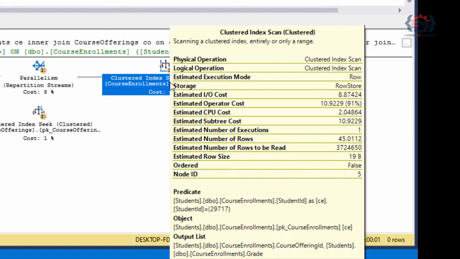Now you might ask, what rows are we trying to find in this table? That can be answered by looking at the predicate data on this pop-up, which is down here at the bottom. So you see our where clause for the statement, and what is happening is that we are trying to find the rows for this particular student. But as we just talked about, we are having to look through all of the rows in the table to do that.